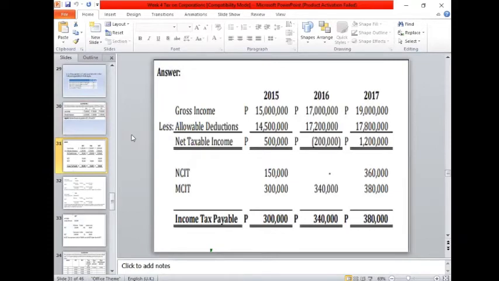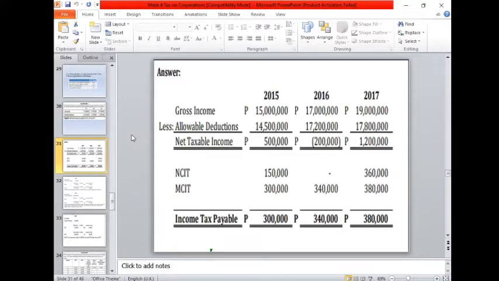The gross income for 2015 is 15 million, 2016, 17 million, and 2017, 19 million. Less allowable deduction, that's the itemized deduction. And then the net taxable income for 2015 is 500,000. For 2016, it's not a net income, that's a net loss, a negative 200,000, and